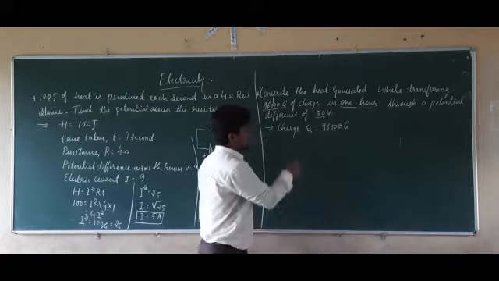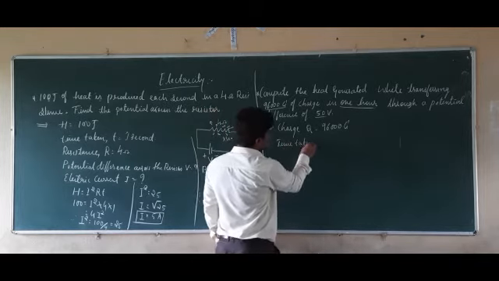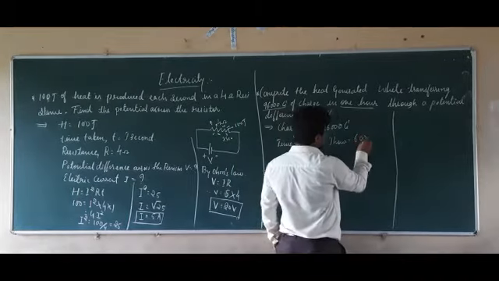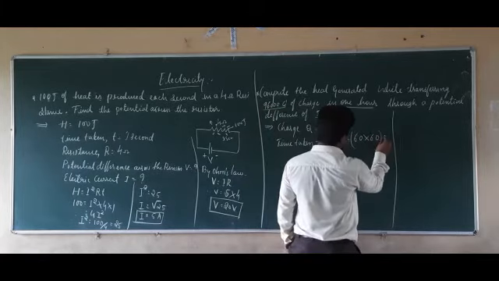Then what is given? The time taken, T, which is given as 1 hour. We already know that for the electric current, time should be in seconds only. So I equals Q by T, where T should be in seconds. So you have to convert this into seconds. How? 1 hour is 60 minutes, and 1 minute is 60 seconds, so that is 60 into 60 seconds.